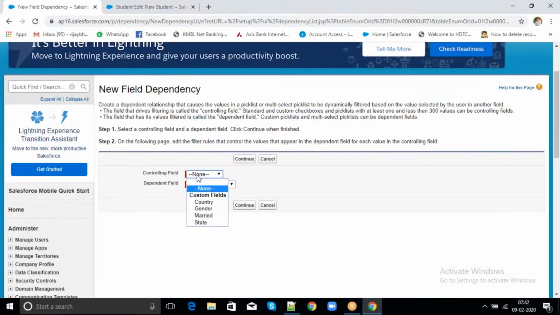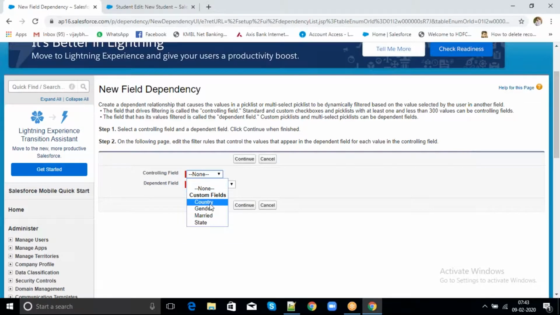If you see here, now we have created so many fields, right? But it is displaying only country, gender, married, and state. Why not email, phone number? We have created more fields. All fields are not displaying. Why? Because I think these are the ones that are selected under pick list or checkbox.